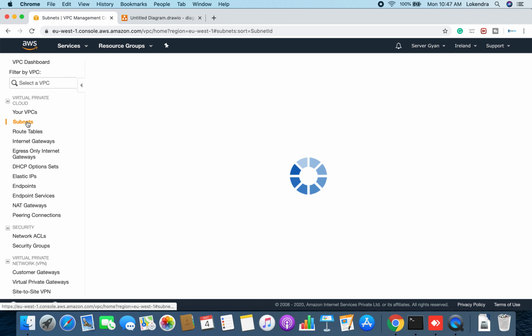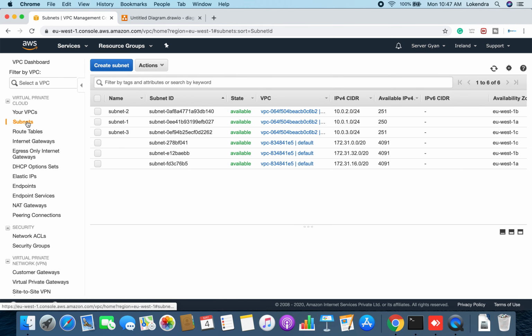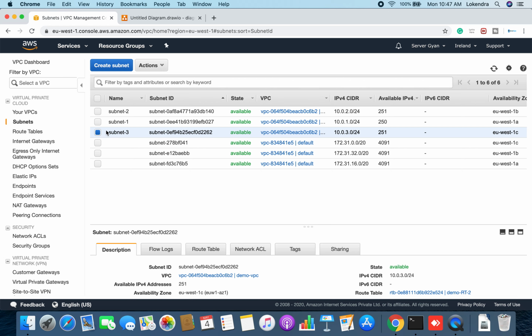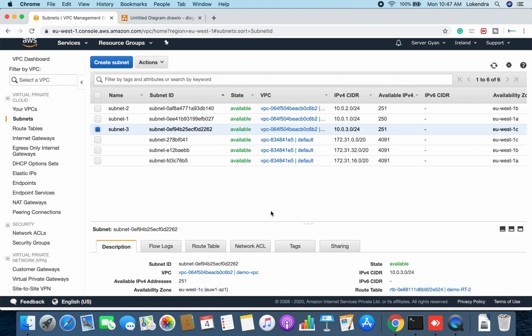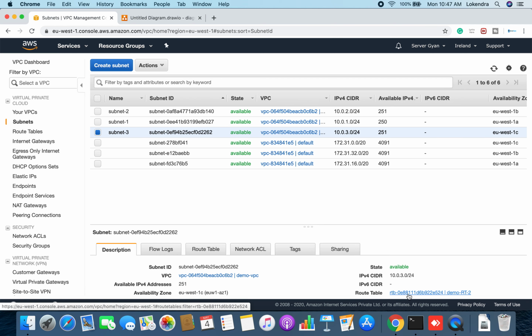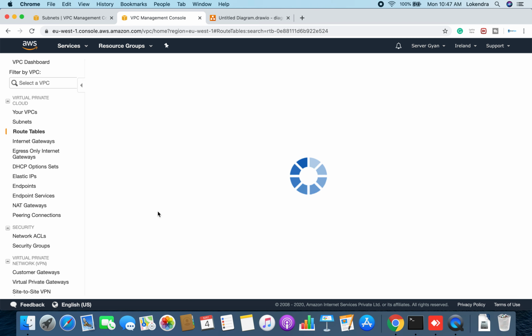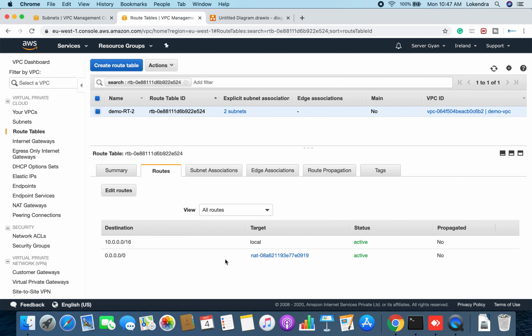First of all, we will go to subnets. For example, if there is a subnet, you need to identify whether that subnet is public or private. So you will select that subnet. For example, I do not know whether 3.0 is public or private. So how will I do that? I will go here. I will check the route table. I will open this route table in a new tab. I will go to the subsection of this particular route table, the section is routes, to see what route is associated with it. So I will check that it is associated with one NAT gateway, and if it is a NAT gateway, it means I can easily understand that this particular subnet is a private subnet.